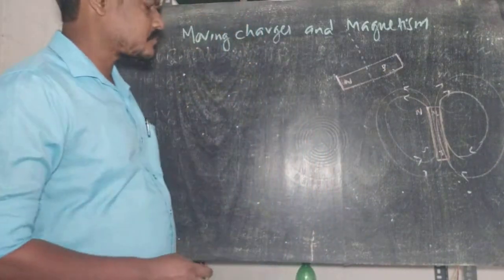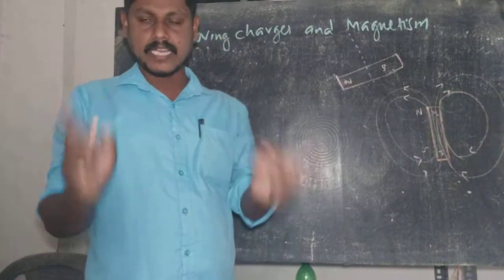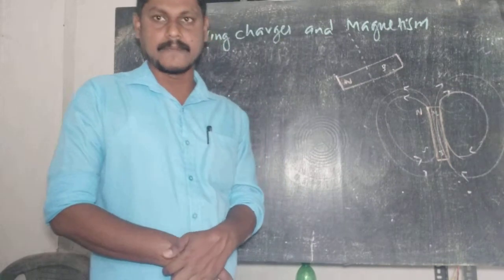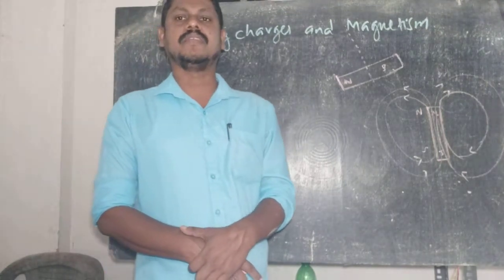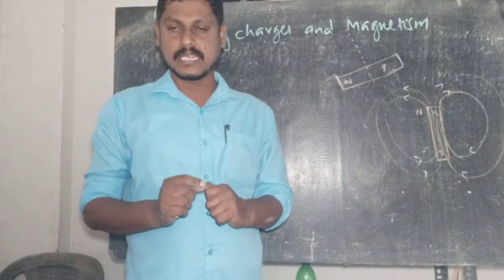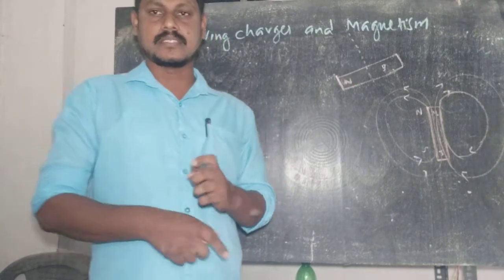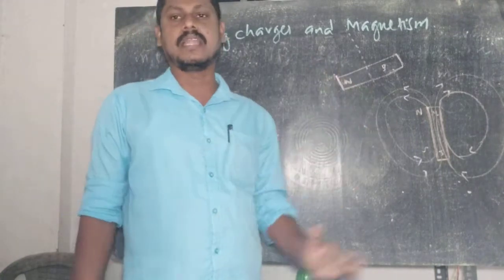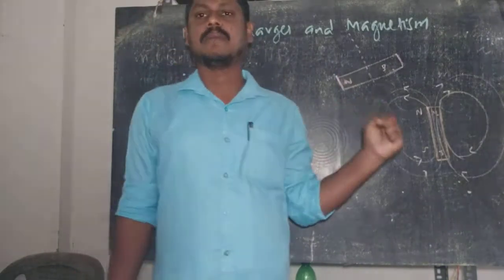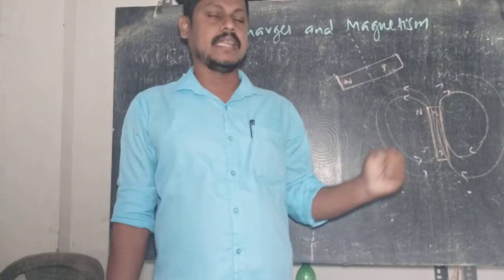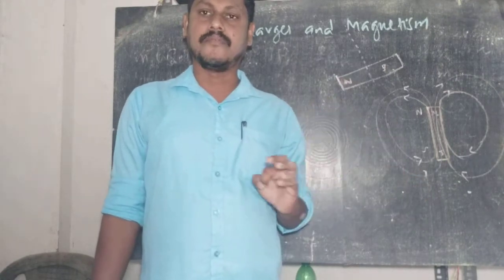And see, for any magnet, there is a space around it. Only within that space can it show its magnetic property. We have already discussed electric field around an electric charge. What was that electric field around a charge? It is that space around the electric charge in which, only in which, it shows its electric force of interaction with another test charge. Similarly, around any magnetic material, there is a region of space within which, only within which, this magnet can show its magnetic property, and that space around the magnet is called the magnetic field.